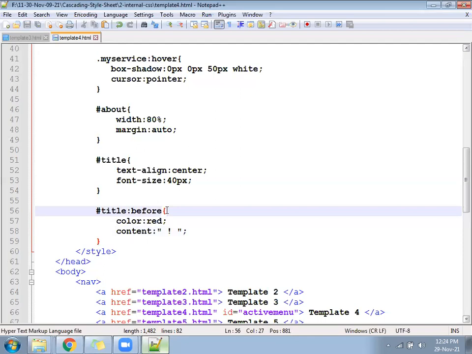Has title colon before in red color, one symbol will appear. Coming red color? Yes.